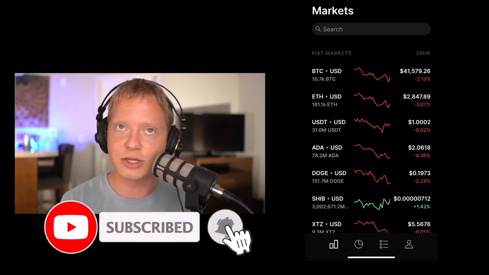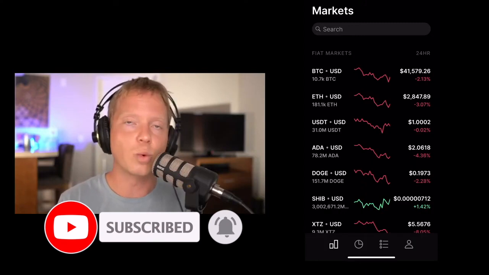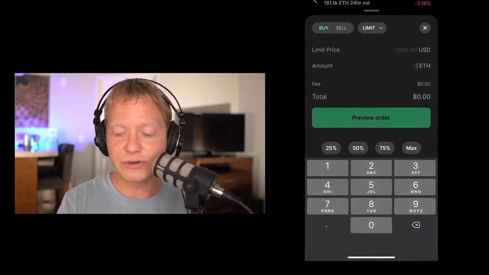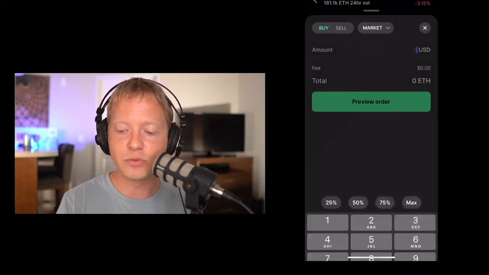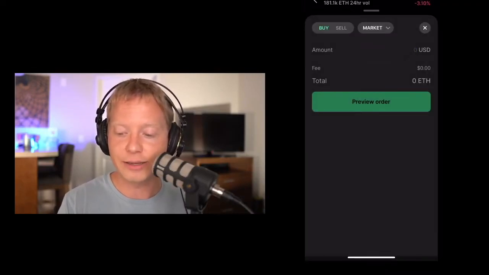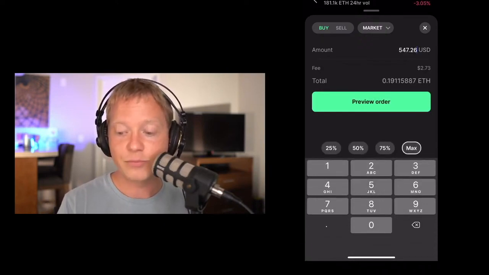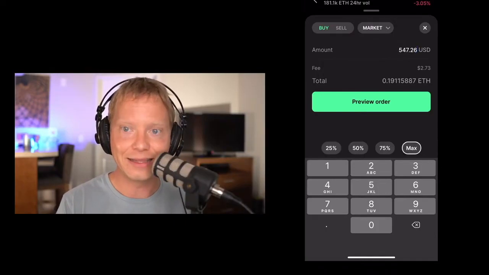This is the fiat market, so it's if you transferred in dollars or USD or whatever the currency is wherever you're at. If I was going to trade Ethereum, for instance, I can click here. And if I wanted to buy, I have $550 in USD in my account right now. I could hit buy, and they have a couple different options. They have a limit order, which is the way that I personally would buy. But if you want to just buy with the current price, I could say, okay, I'm going to buy $550. That's the amount. And that would get me 1.19 ETH after the fees. So now I preview the order, and that's just a market order.